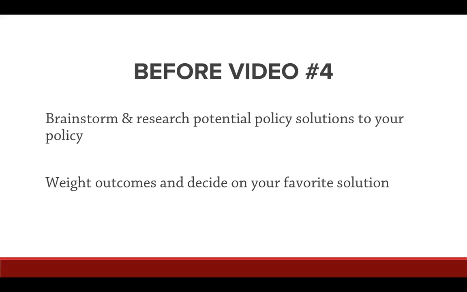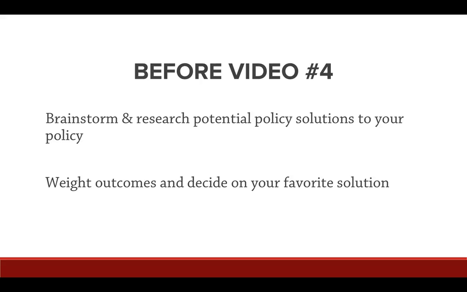So when you brainstorm, think of creative ideas to solve this, but also do a Google search, see what Utah's doing, see what California's doing, or if it's a national policy, see what other countries are doing. Or maybe even if it's a local policy, see what other countries are doing. Look around for other ways to solve this problem. Look, there are like 195 sovereign states in the world. Seriously, they all have different ways to solve the same issues that we're experiencing here.